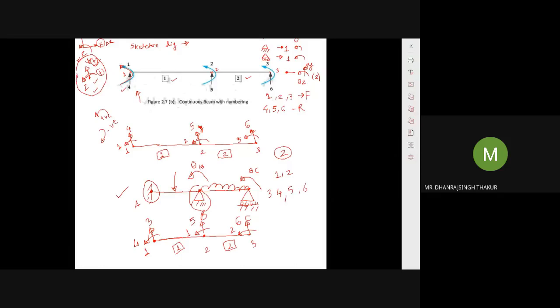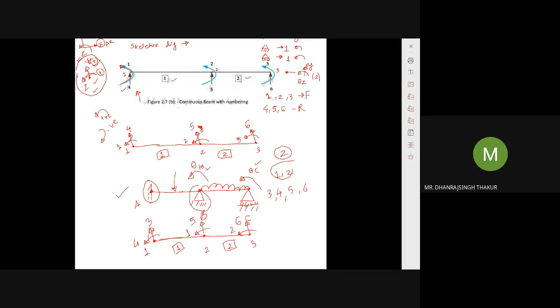3, 4, 5, 6 are the restraint code where you will get the values of the reaction. So for example at node A it is a fixed support, so along 3 you will get the vertical reaction and along 4 you will get the moment. Fixed support has a moment also, X reaction we are not considering, okay. And at node B there is a hinge support, so along 5 direction you will get the reaction, and at C along 6 direction the reaction. And in 1, 2 you will get the values of displacement theta B and theta C, that is a joint displacement, okay.